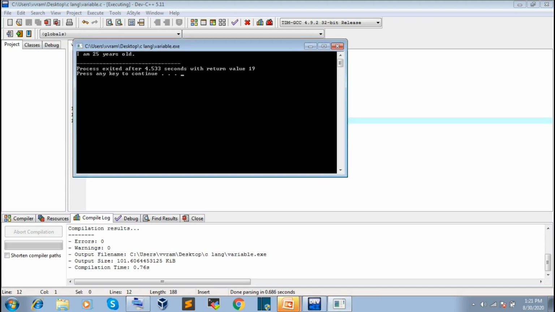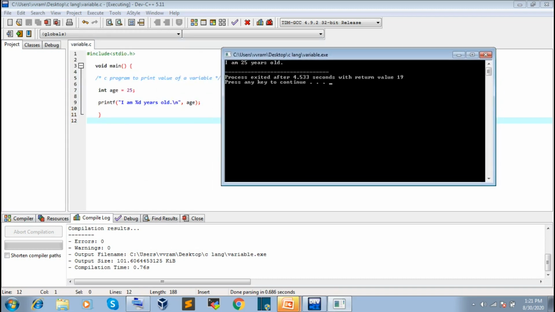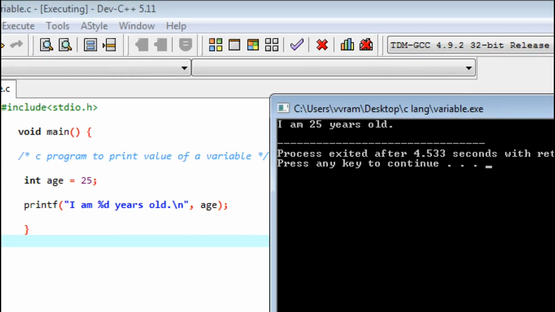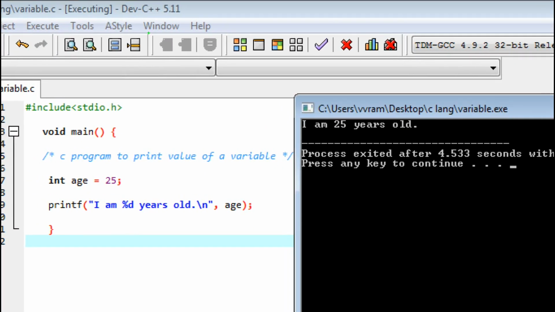This is our output. What exactly happens here is that in the main function, the integer data type age is stored with 25, and after that it prints the age 25.